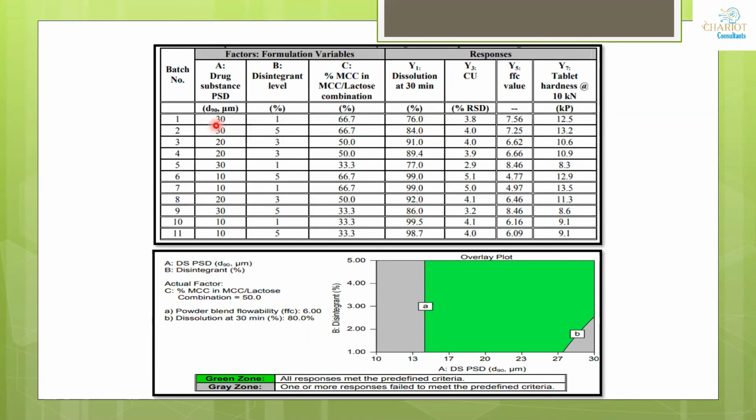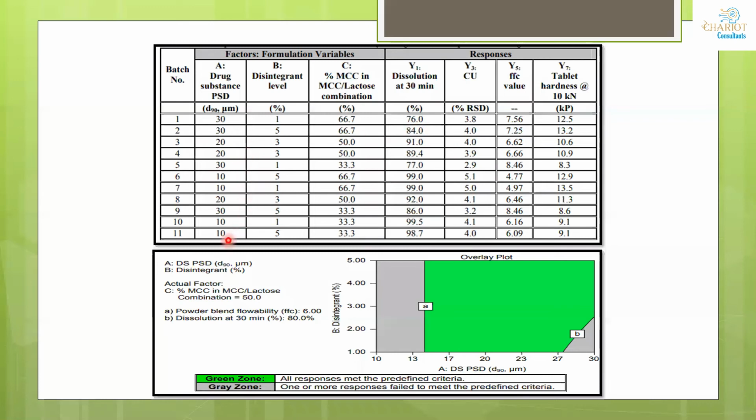For example, when I was using a particle size on the higher side, a bit coarser, and MCC was also higher, we know that when you are doing the dissolution, in that case the disintegrant level is very less. So you can see the minimum dissolution you have observed. This is from your practical observation, you have kept it.